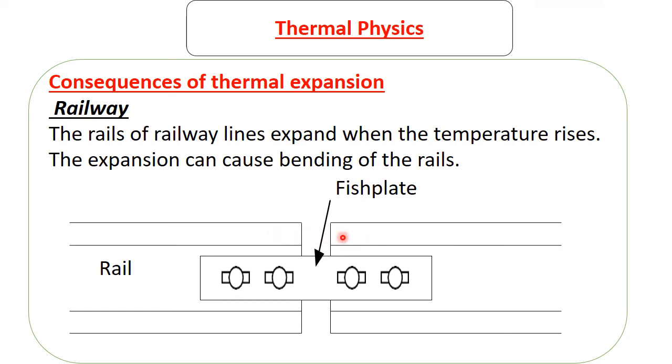So the two rails are held together by what is called the fish plate, but this is not even necessary. What's important is there's always a gap here to make sure that when it's a hot day, this expands. If this wasn't there, if these were connected, and then there is an increase in temperature, then in an effort to expand, they might end up bending. So these gaps are always